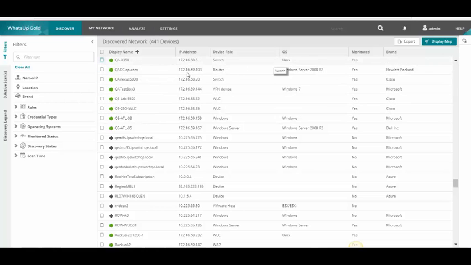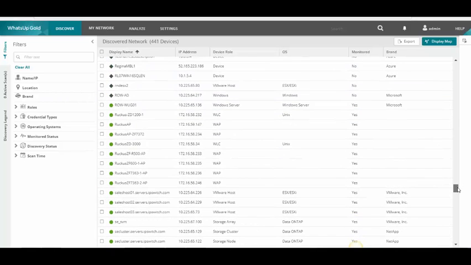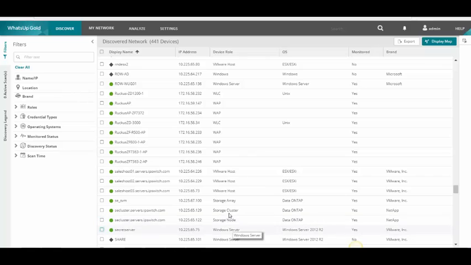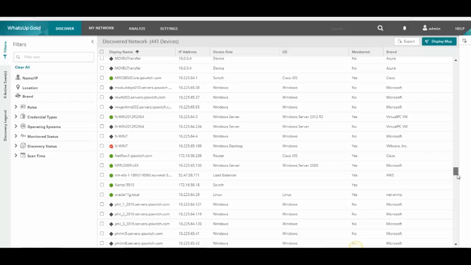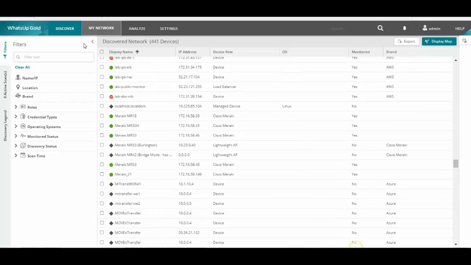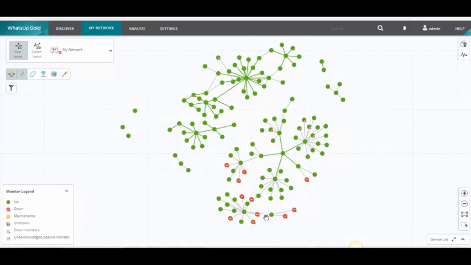Oh, one thing that's also very important here. I told you we're going to get a lot of information from the devices based upon the credentials. And one thing that's very important that we will get from those devices is a device role. So when we discover the devices, we're going to understand what it is. And that's important because based upon what that device is, it will help us understand what is important to monitor right out of the box with WhatsUp Gold. Is it a router, switch, firewall? Is it a Windows server?